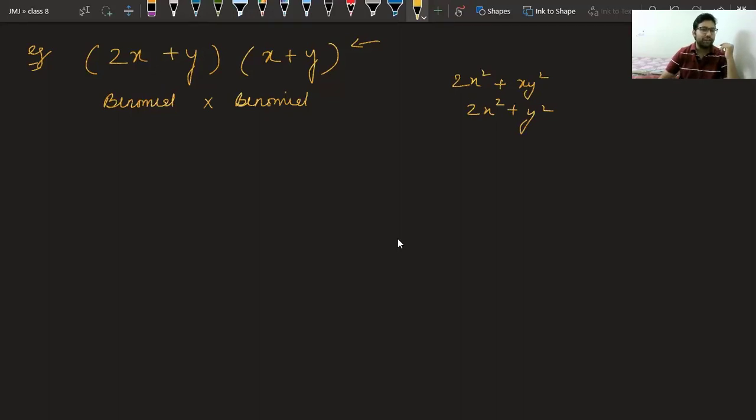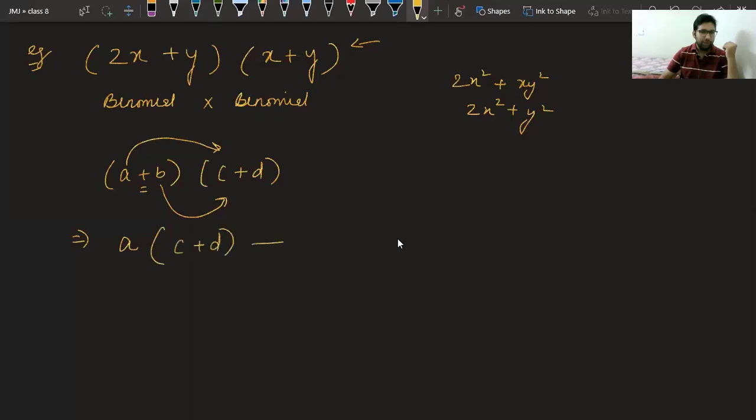Okay, I'm giving you a hint. Most of you are wrong because you don't know how to multiply these. If you have two binomials like this, we multiply in this way. We multiply a into the complete bracket c plus d, then a plus sign, then b into the complete bracket c plus d. That is, a multiplied with c plus d plus b multiplied with c plus d.